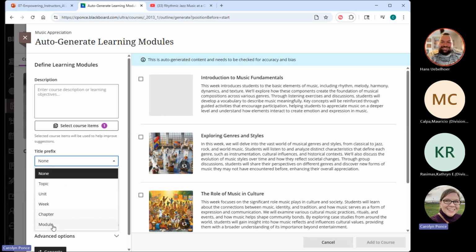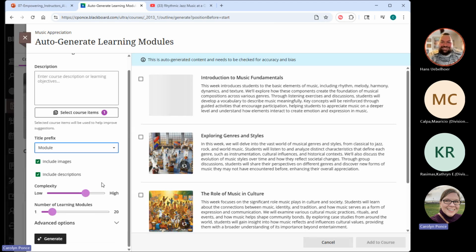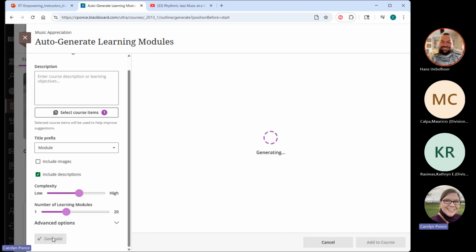And I do want the word module as my prefix. We need to go ahead and have that. And I don't need the images. I want to add my own from the Unsplash repository. And I teach freshmen, so we're going to work with that complexity a little bit. And I need 8 learning modules. And generate again. So while it's spinning,